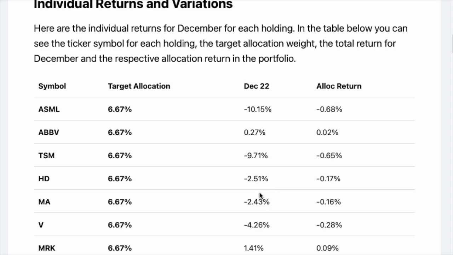Home Depot and MasterCard also beat the S&P 500 by a pretty wide margin, both losing about 2.5% during the month. Visa outpaced the S&P 500 by about 1.5%, falling 4.26% in December. And the two worst positions from the top 7 holdings were ASML Holdings and Taiwan Semiconductor, falling 10.15% and 9.71%